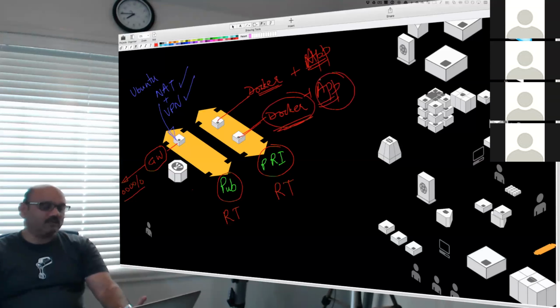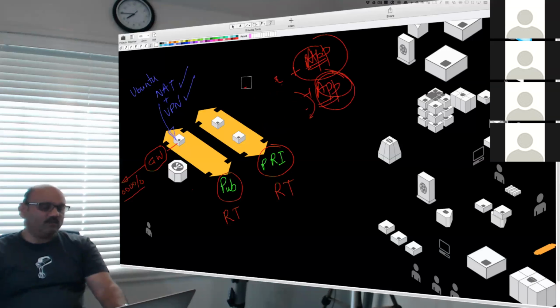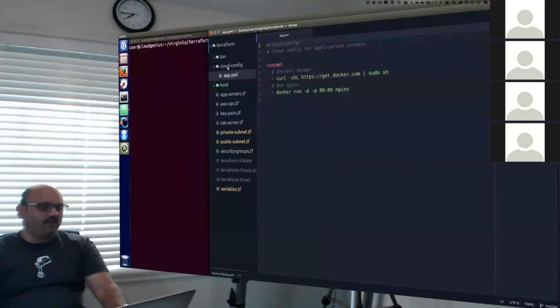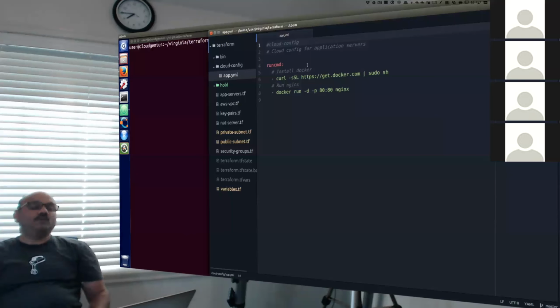So I'll just install my app with very easy methods that we already know. We have an application that we just run here and here, and they will be identical. They're pretty much the same, except there are two different boxes. That's what I want to provision. And I will use a separate cloud config folder, like shown here, which contains an app.yaml file. And this YAML file is what I'm going to execute, to install Docker, and that is line number 6, install Docker.